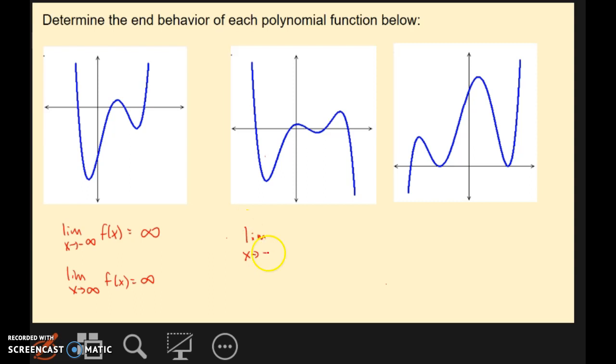All right, limit as x approaches negative infinity of f of x. So going left does drop, but then immediately starts to climb and continues to climb in that direction. So the left limit would be positive infinity. And as I continue to the right-hand side, it's going to drop down to negative infinity. Odd degree power, the ends are going in different directions. And it looks like the graph on the right is basically the same idea, an odd degree power